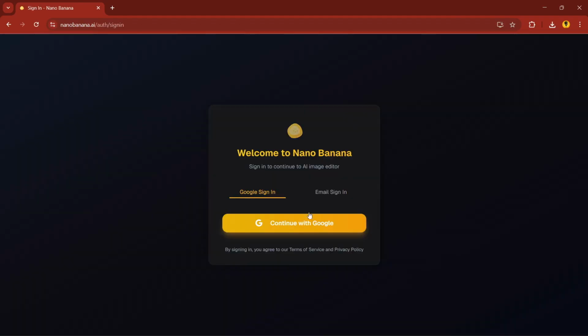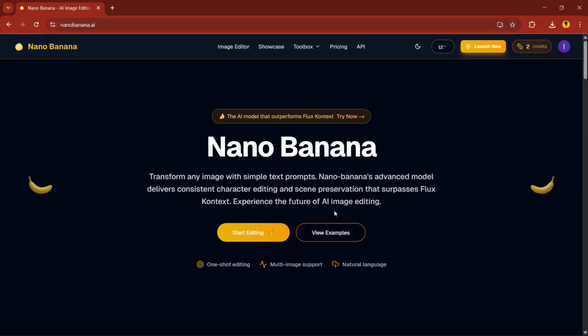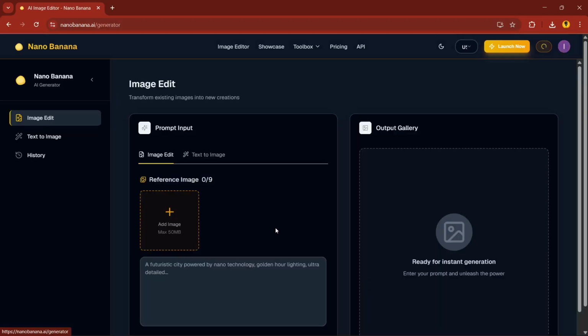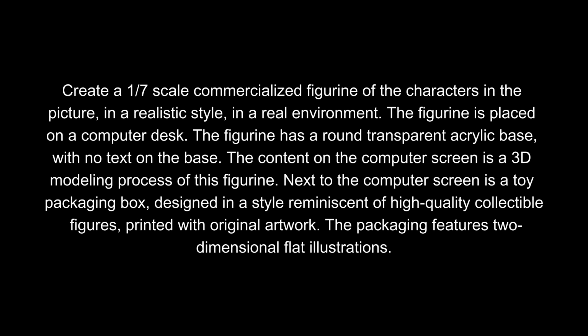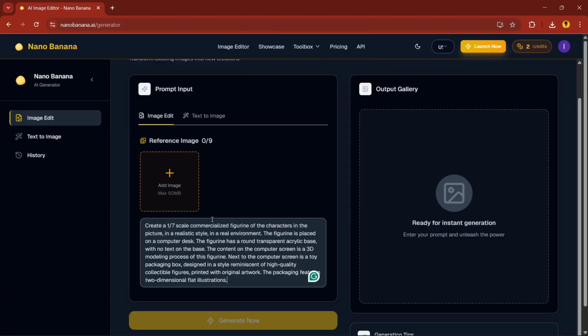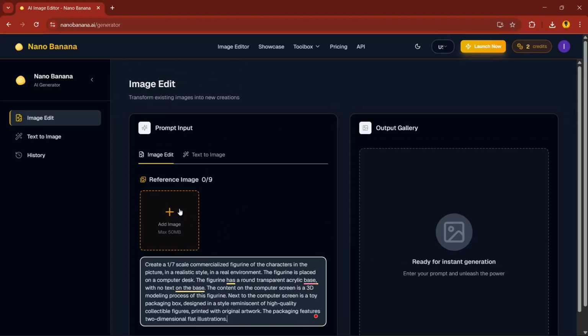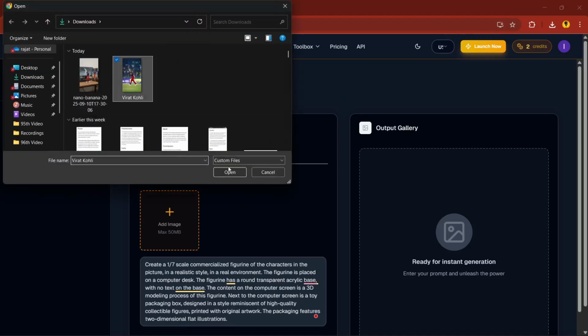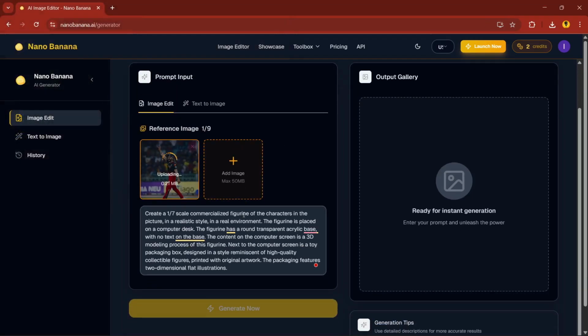You can sign in with any Google account. Initially you will get 2 credits. Click on start editing. So before proceeding, you can copy the prompt as shown on the screen. So in reference image, add the same image. Now just click on generate now